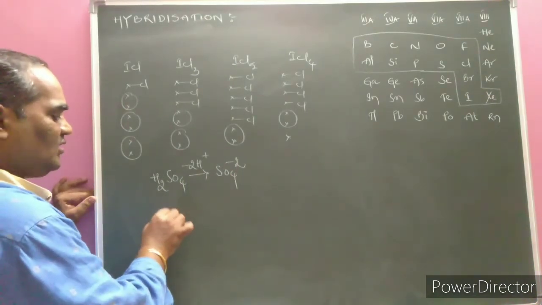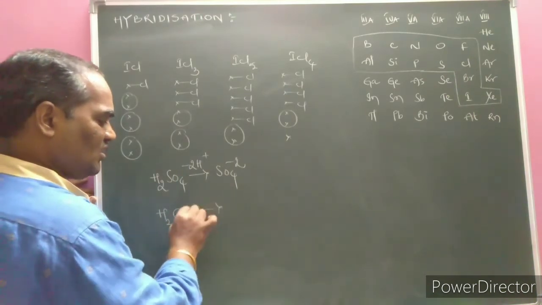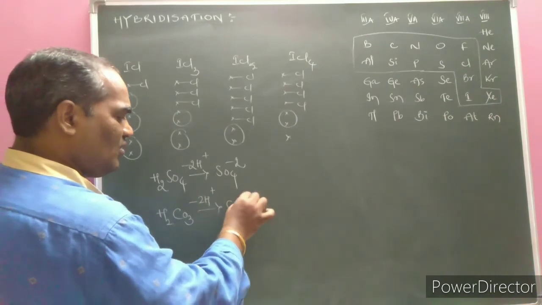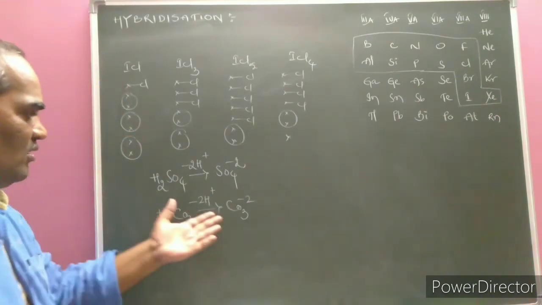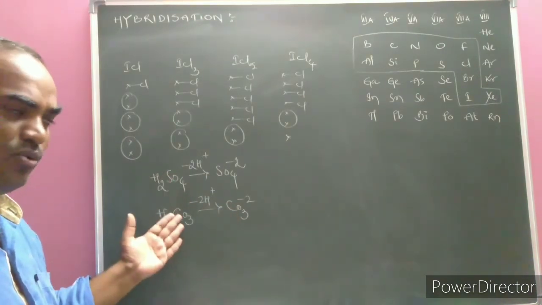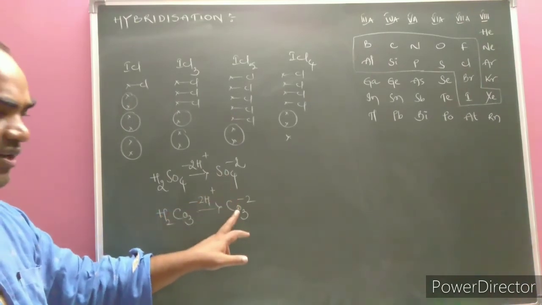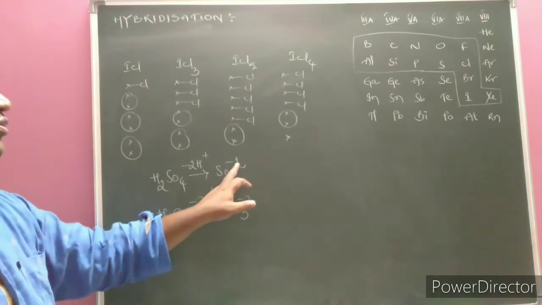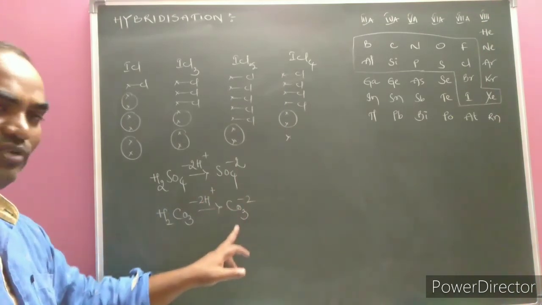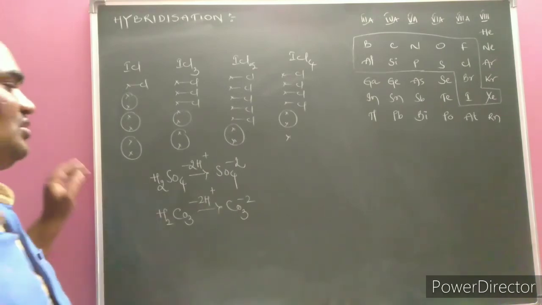Next one, H2CO3 is present. Carbonic acid. Carbonic acid also, after the loss of the 2 H plus ions, becomes what? CO3 minus 2. Here one can simply write it easily after loss of the protons, since these are acids. By directly converting into their anionic form, we know well minus 2 is nothing but the gain of 2 electrons. Like this one can calculate the hybridization.